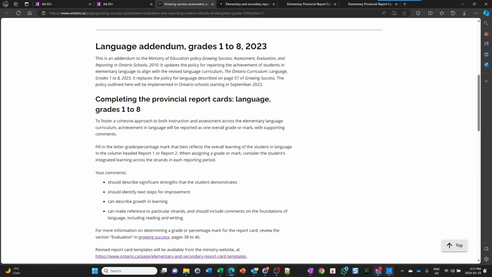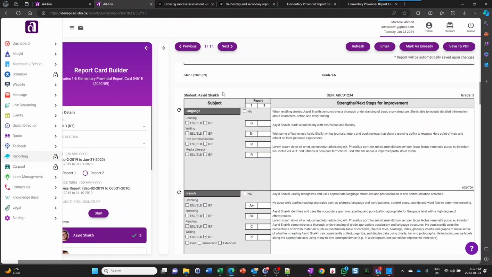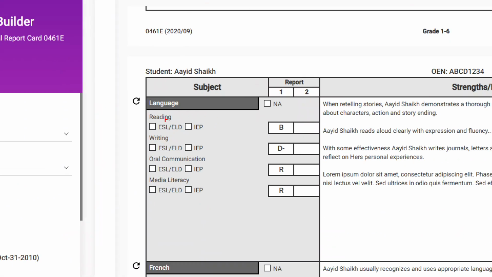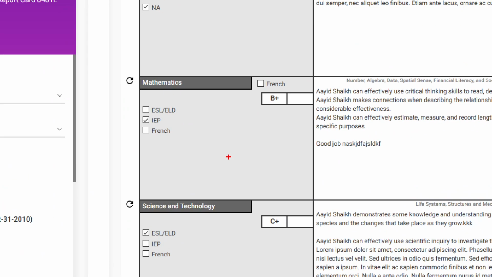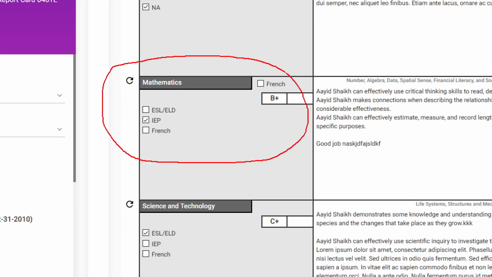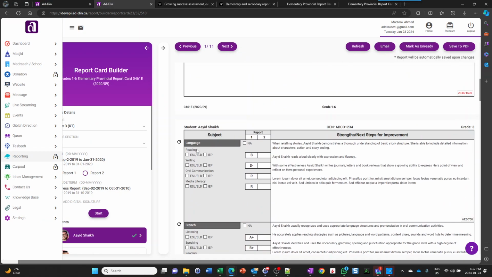This video is regarding the language addendum in grade 1 to 8. Earlier, last year, the language had four strands: reading, writing, oral communication, and media literacy. After the addendum, these have been removed and it has been made exactly similar to mathematics. All the strands have been removed and it's just the flat grading that will be applied to the language moving